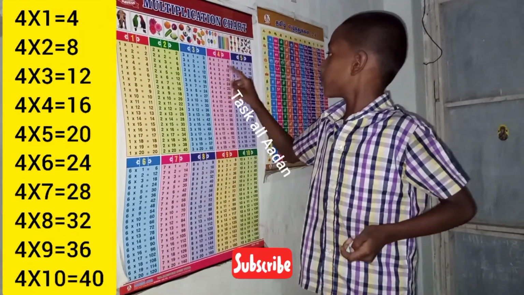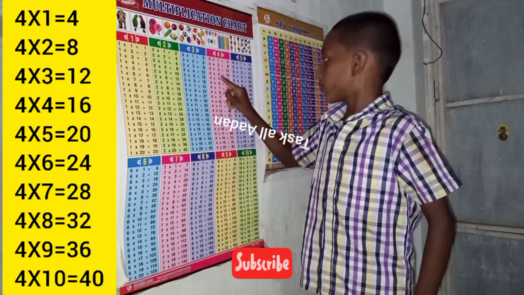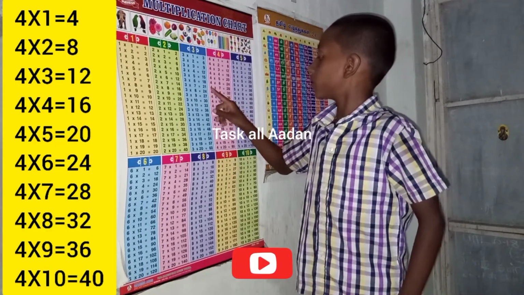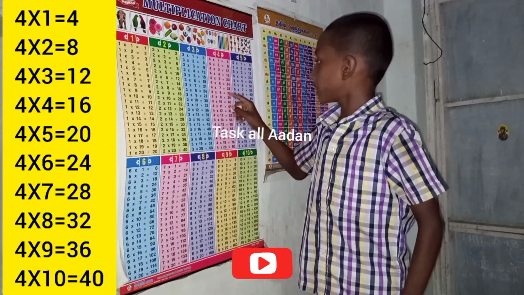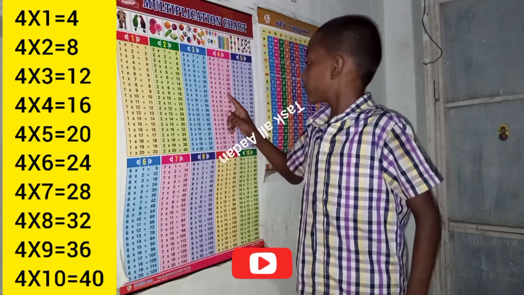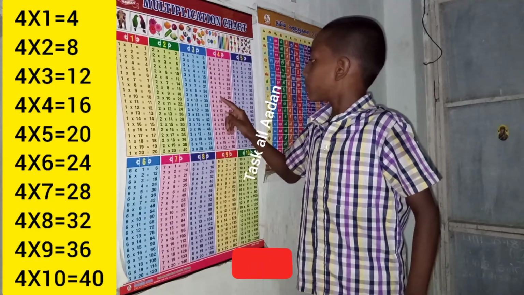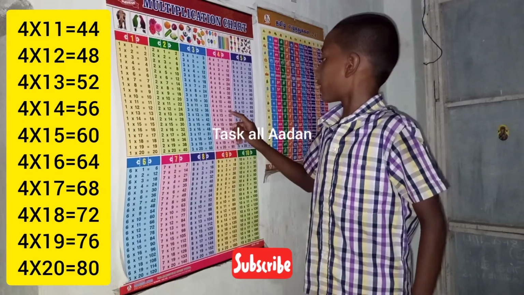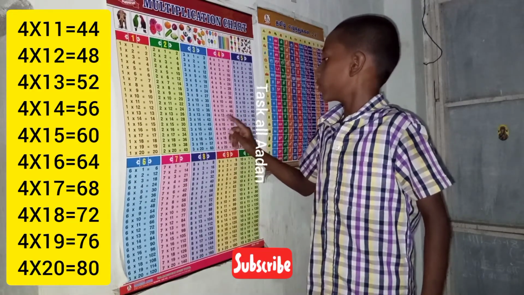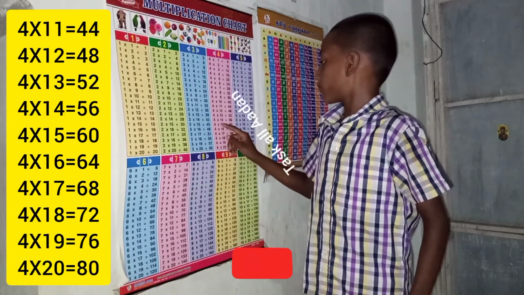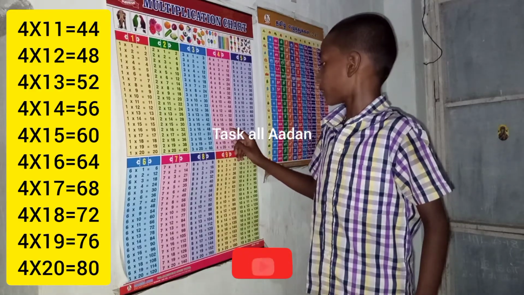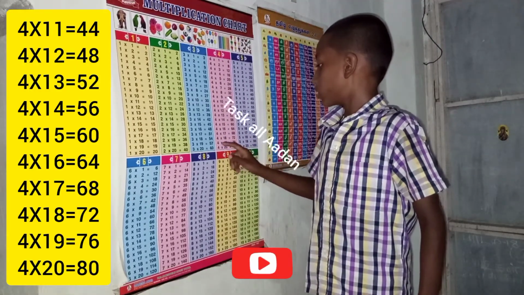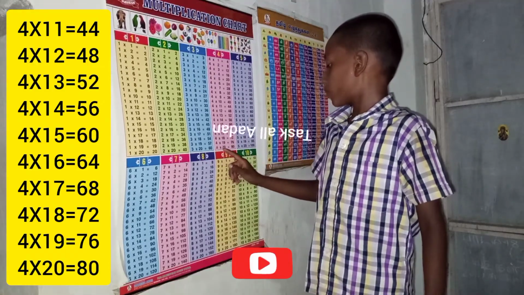4 1s are 4, 4 2s are 8, 4 3s are 12, 4 4s are 16, 4 5s are 20, 4 6s are 24, 4 7s are 28, 4 8s are 32, 4 9s are 36, 4 10s are 40, 4 11s are 44, 4 12s are 48, 4 13s are 52, 4 14s are 56, 4 15s are 60, 4 16s are 64, 4 17s are 68, 4 18s are 72, 4 19s are 76, 4 20s are 80,